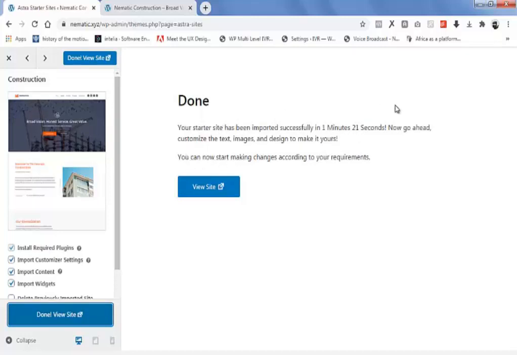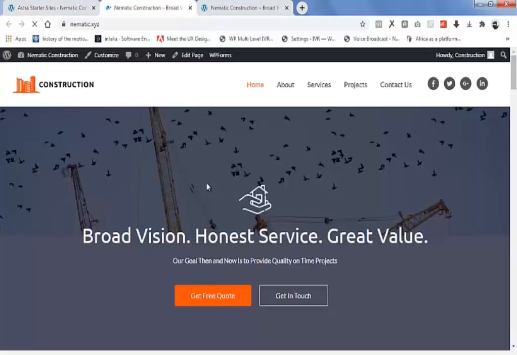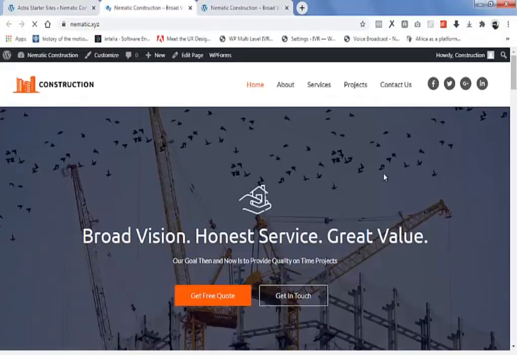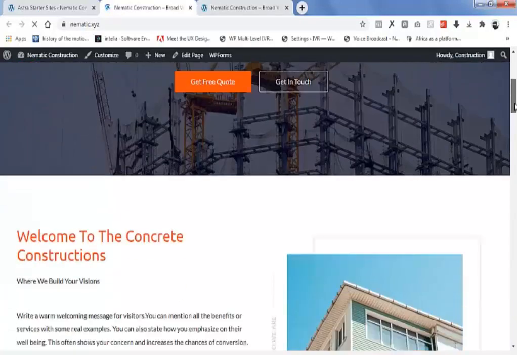So what we have to do is to go ahead, customize the text, images and design to make it yours. Alright, so here we have the view site, so I'm going to click on this to view our site. Wow, so this looks beautiful.